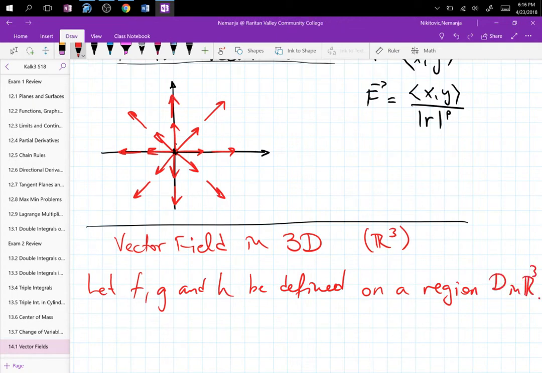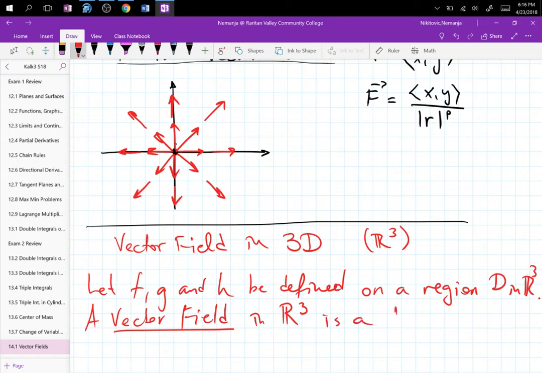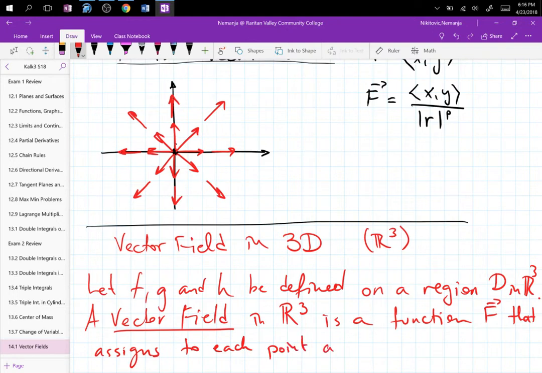A vector field in R3 is a function f that assigns to each point in D a vector,